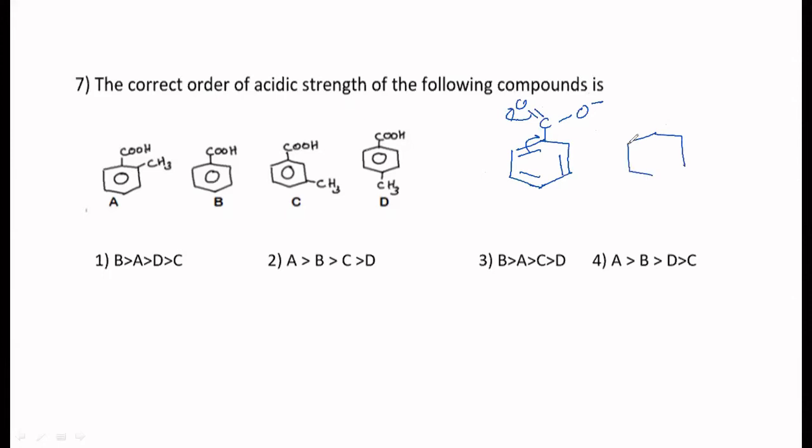But if there is a group present at the ortho position, then what happens? This CH3 or NO2, it is immaterial whether you have CH3 or NO2. This entire group is rotated. This bond rotates. This group goes out of the plane, it will be in a plane different from its hexagonal ring. So it is no more planar. In that case, the carboxylate ion formed will not be stabilized by resonance because there is no resonance. Resonance has to happen, it should be planar. Planarity is lost because of the rotation. That is due to the presence of this big group at the ortho position.